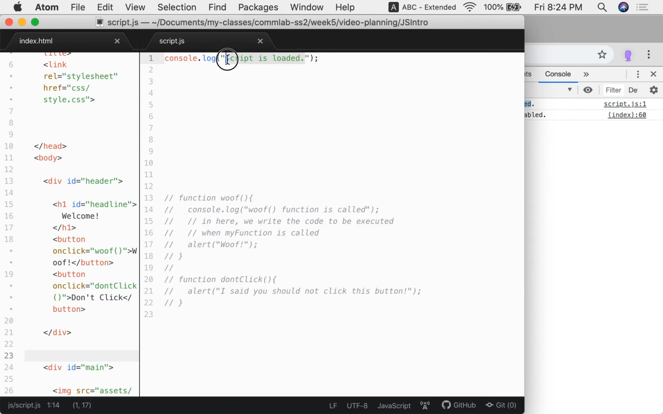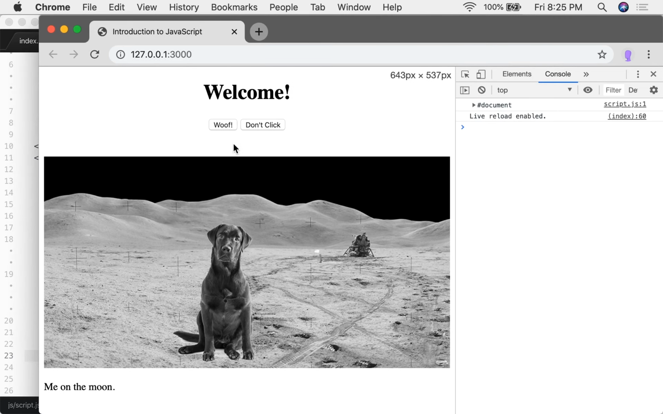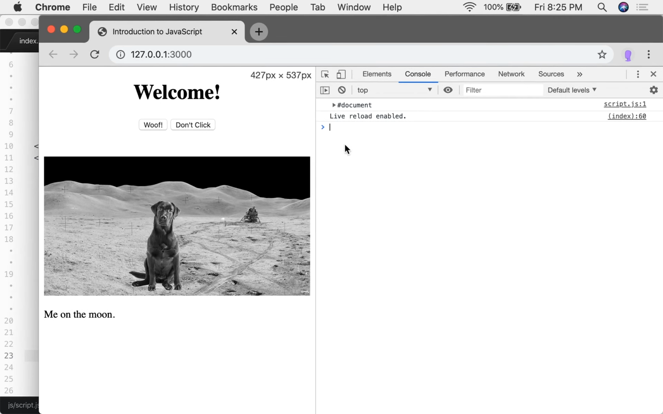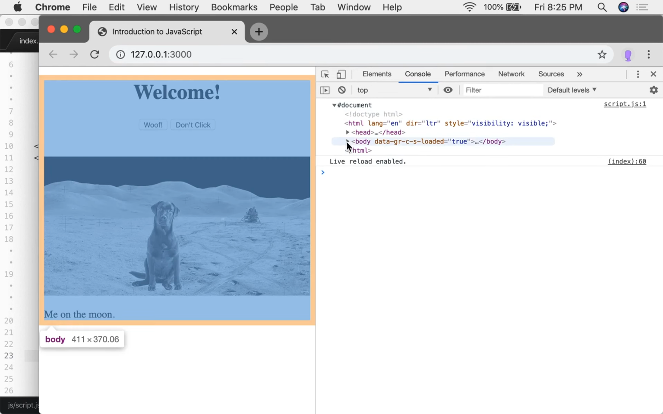What I want to console log instead is a magic word, and be careful, I'm not using quotes now. I'm console logging document. Now this console logs that. Let's have a look at what document is. I'm going to make this a bit bigger. Document seems like I can click it, and I can. And this